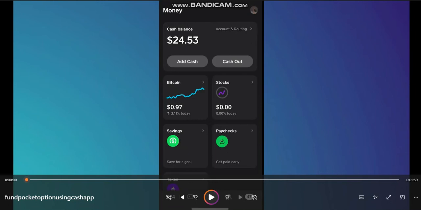Going to be showing you how to deposit money on Pocket Option using Cash App, especially for United States traders. They don't allow debit or credit cards. You can only deposit basically through crypto. So first, what you do is you go to your Cash App